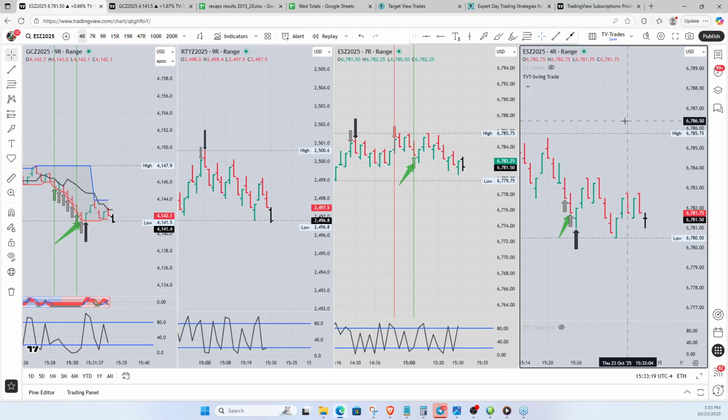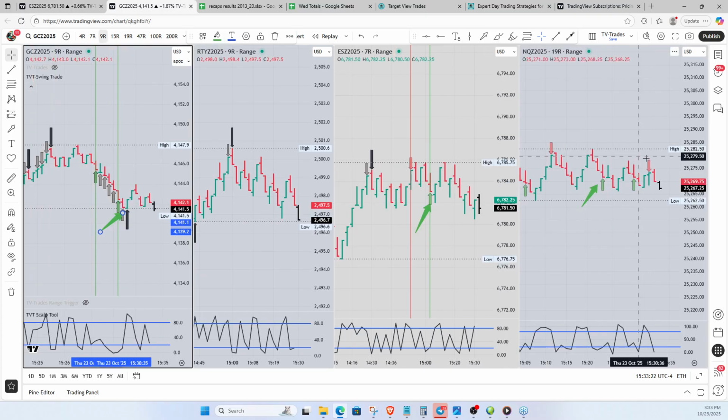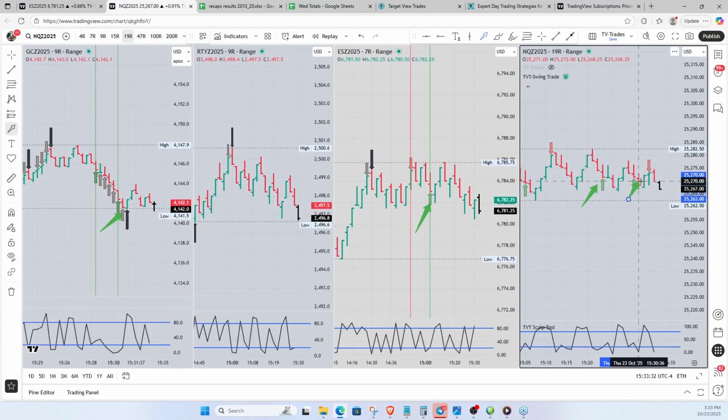In the NQ trade, that triggered back here. I think this one right here. I was long the NQ and it went to +10 and then it just came back and took me out. It wasn't based on that red arrow, it was based on the green arrow. So it gave me 1 tick on the NQ, and we had 5 on the gold.